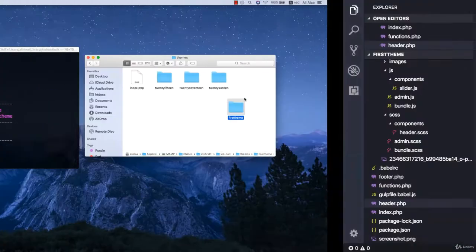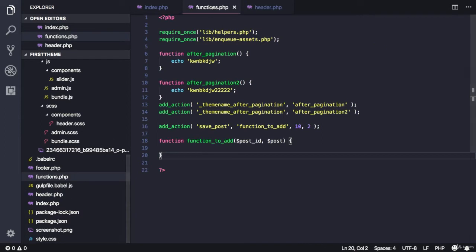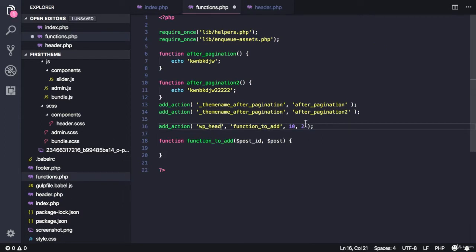And that's why calling wp_head in your theme is mandatory, because WordPress actually uses this hook to inject some stuff in your theme. So let's actually try to use this hook here. So I'm gonna remove this save_post, and let's leave the function name, it's not important for now. And then let's echo some